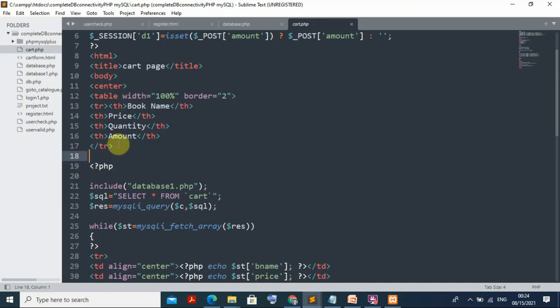So here it is only to be shown. That's why I am showing it in tabular form, so I am using a table. In this table I am using width equal to 100%, border equal to, and so on, and padding, everything I am putting. This is creating the table. Don't worry about that one.